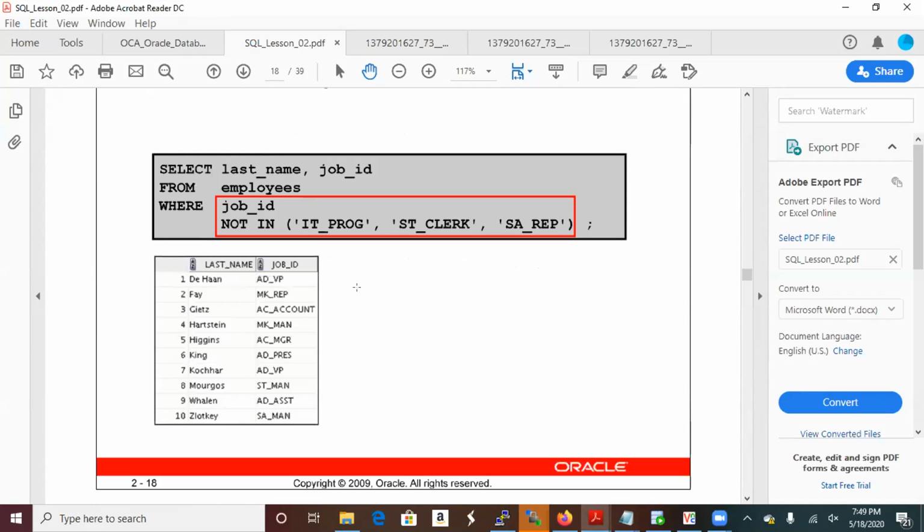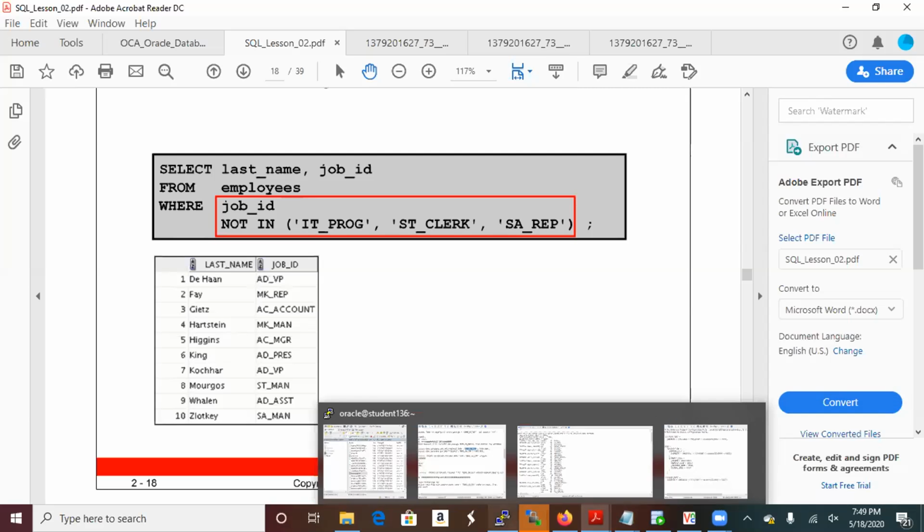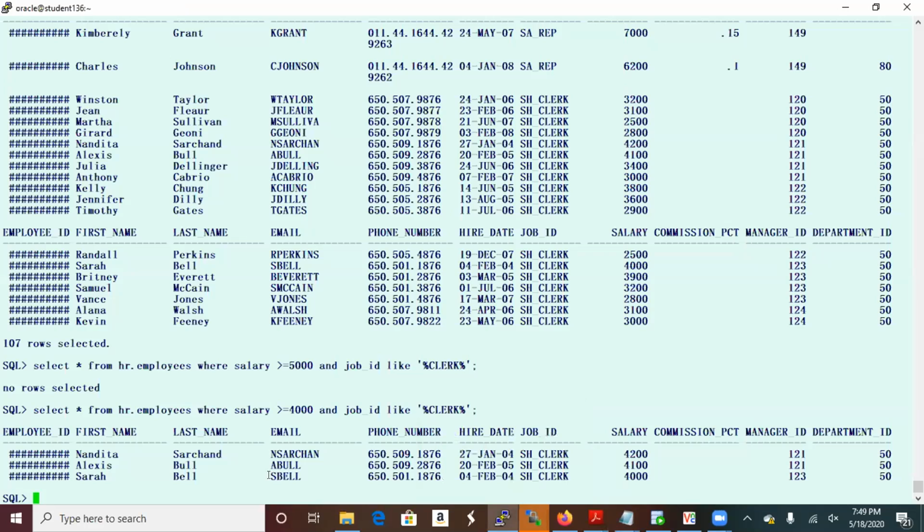Let's use the thing. So you want to be able to view employees where job ID NOT IN. Okay, so here, let's do that one. You want to see all the employees, everything from HR employees, but you don't want to see anything from the clerks